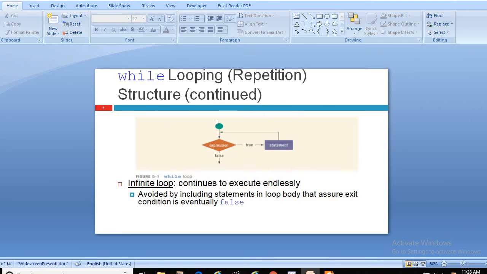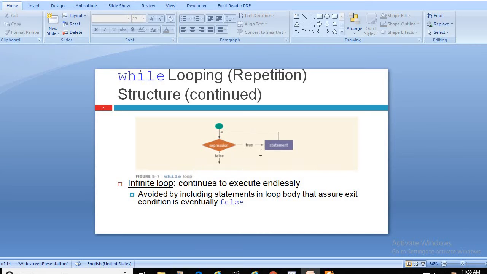So this is again the flowchart of the while loop. The expression is given. If the expression or condition becomes true, the statement will be executed. Then some increment or decrement is performed, and once again it goes to the same expression. If the expression is true, the statements and increment or decrement operation are performed again, and it comes back to the expression.